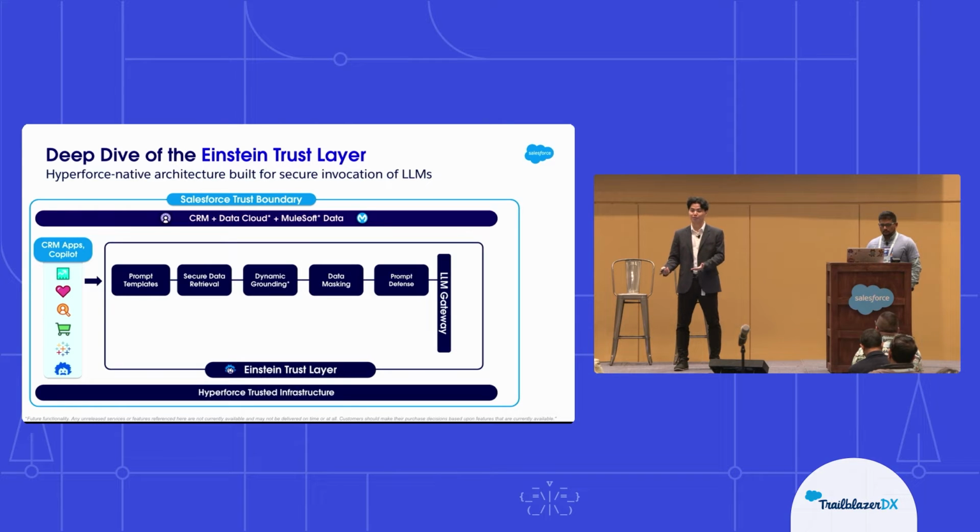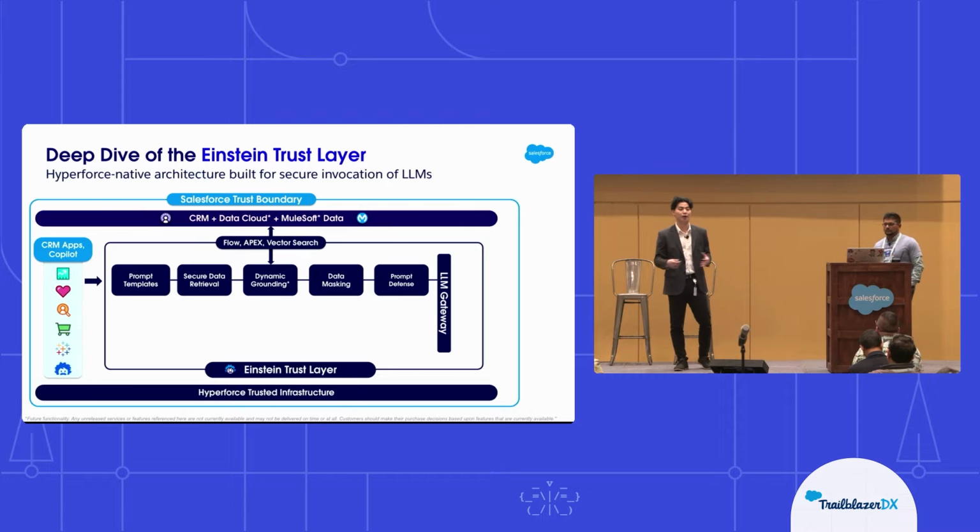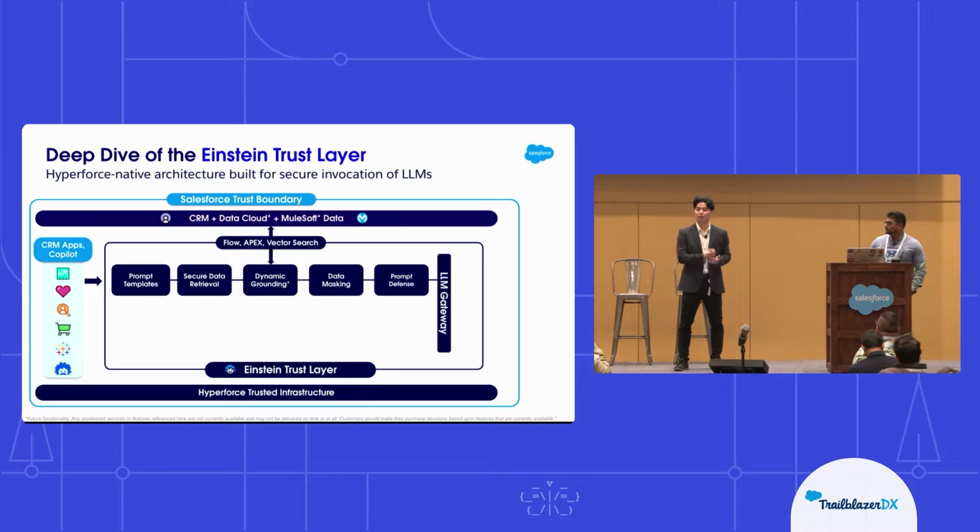Then dynamic grounding happens, but as you saw earlier, we don't only have to pull in merge fields from standard or custom fields. We can pull in data from Flow, Apex, semantic search, being connected to Data Cloud and MuleSoft, and more. The possibilities here are truly endless for the amount of data you can pull in from any source. Any sensitive data retrieved through that process used for dynamic grounding is then masked through our data masking step so that we ensure an LLM never sees this data. Lastly, we add some pre and post instructions for prompt defense to prevent hallucinations and ensure our outputs are relevant